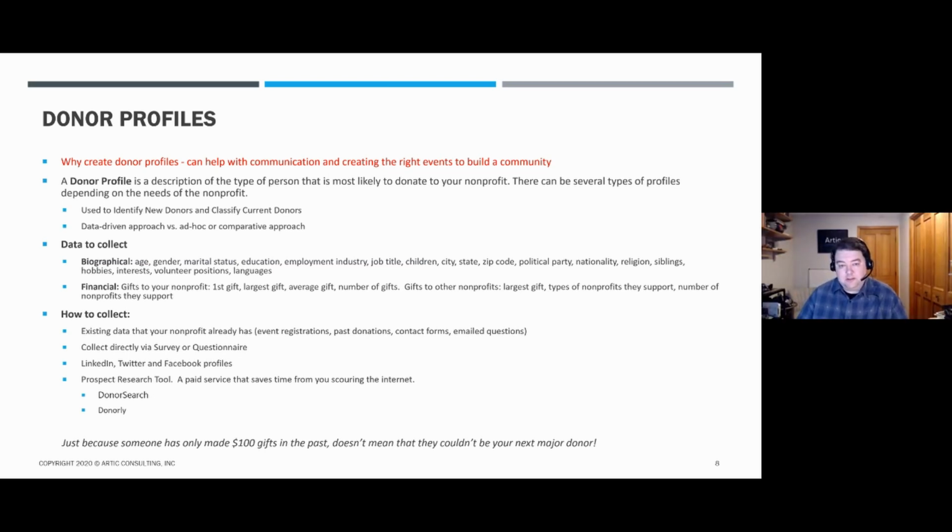So some of the areas to collect that you might collect: biographical data, things like someone's age, gender, marital status, where they work, whether they have children. Now, not all of these are going to be relevant to your nonprofit, so you might not want to collect all this, but the things that might be relevant are listed there. And again, this is highly sensitive information. People